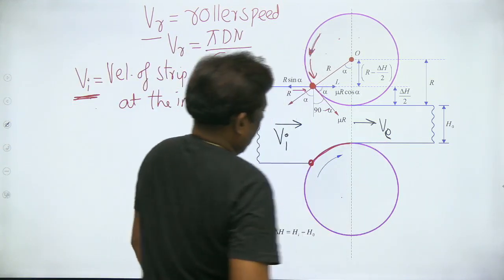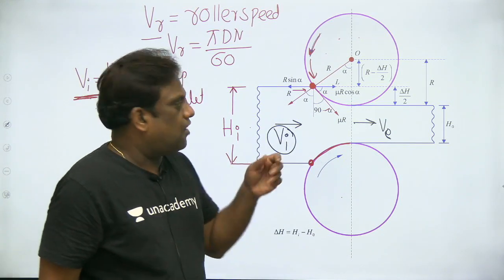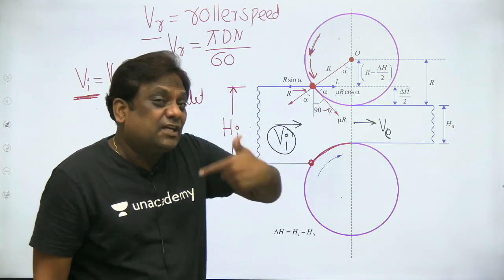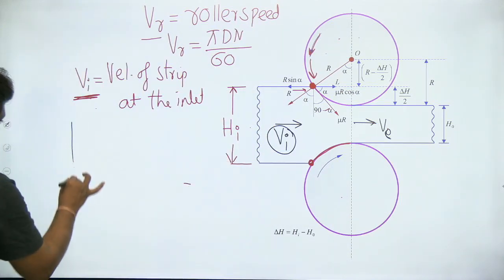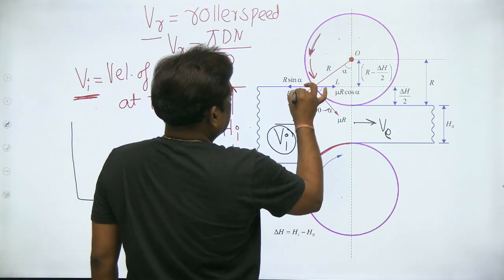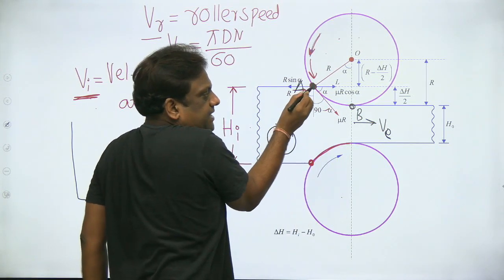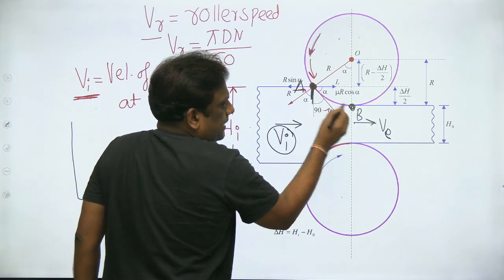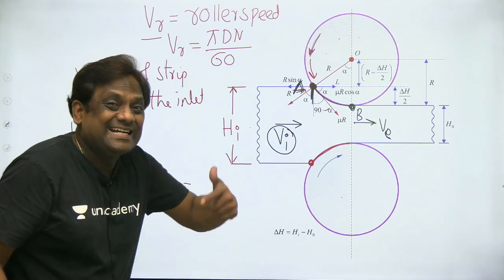Observe clearly. What is happening? This V is the velocity of our strip, workpiece or component, and that velocity is continuously increasing. If I plot it, my dear students, let us take this as some point A and this as some point B. Here the entry is happening, so it is entering the roller. This is the entry and this is the exit. From A to B, the velocity of the component is increasing continuously.